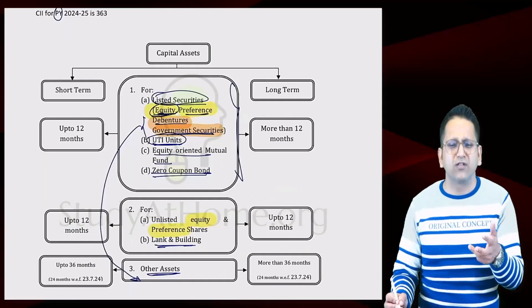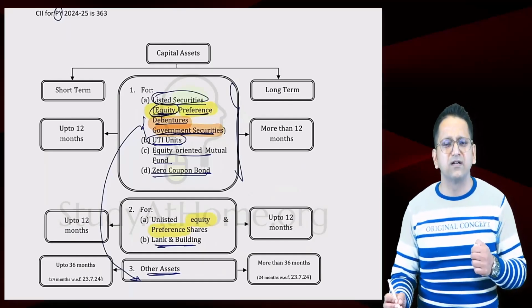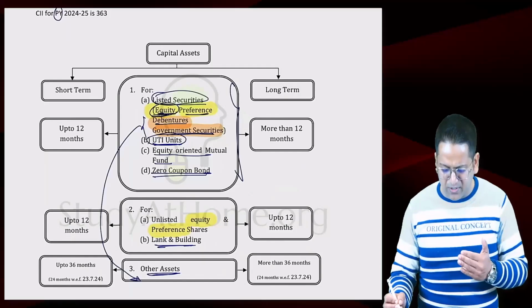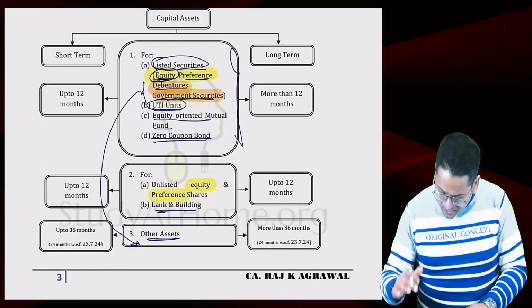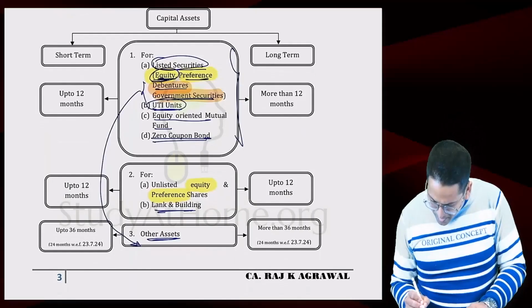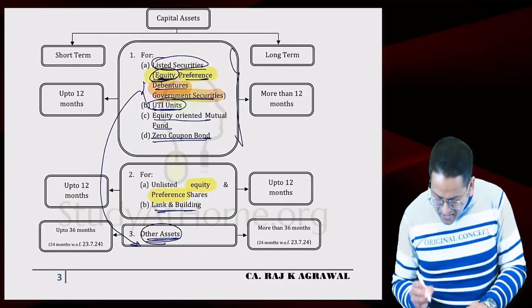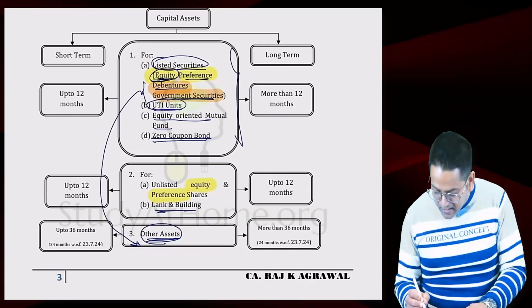Like if it is jewelry, where will it come under? It will come under other assets. So every other capital asset will come into the third category. Okay, now what has happened? See, for the rest, 3 years or more is considered long term, but this date,